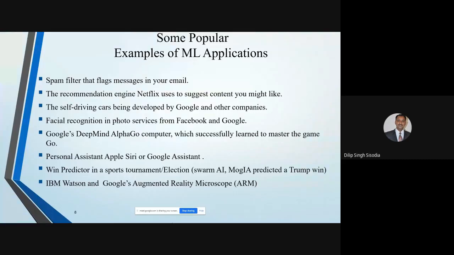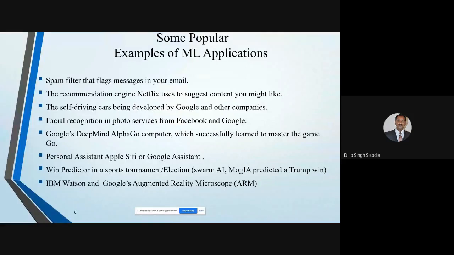Self-driving cars being developed by Google, Tesla, facial recognition in photo services from Facebook, Google's DeepMind for game playing, the AlphaGo computer. These are some personal assistants, Apple Siri, Google Assistant, and Amazon have their own. So every company, Win Predictor, IBM Watson, these are examples